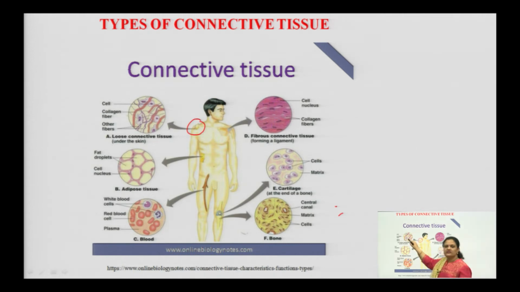You will see in the histological diagram, this is the microscopic structure of the loose connective tissue which is composed of cells. We know that many cells of the same type carrying specialized functions make a tissue. So, here we have cells. Apart from cells, we have the curved structures. This is collagen fiber. Collagen is chemically a protein, which makes sieve-like, mesh-like structures. Okay. And these collagen fibers are present along with some other myofibrils.